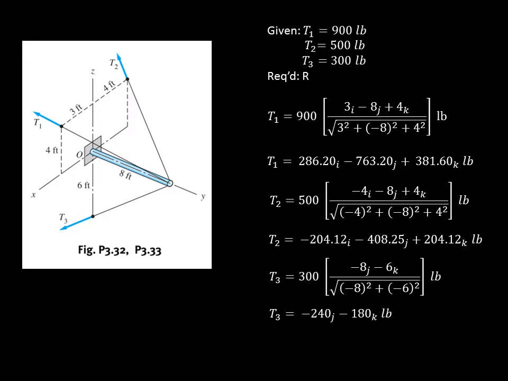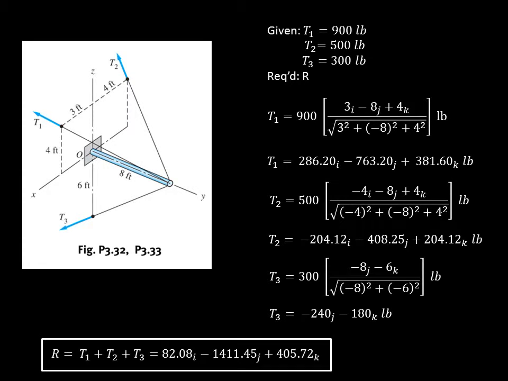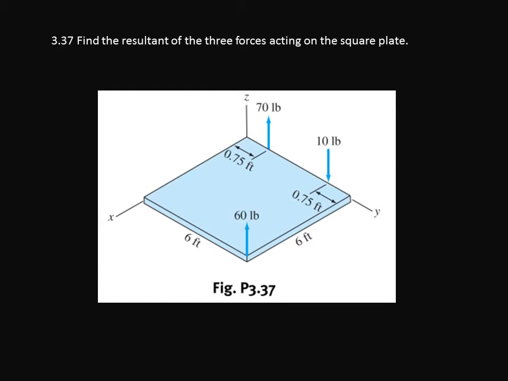First, let us identify the given and the required in the problem. Then, let us transform the three forces into their vector form. To find the resultant, we need to add all of the three forces to be able to solve for the resultant force. The point of application of the resultant force will be the same as the original point of application of the three forces. Since none of them had a different point of application,